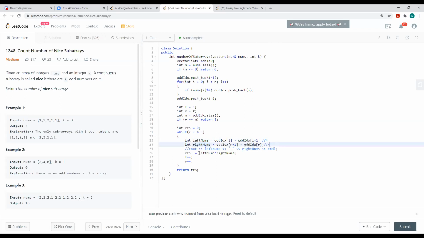Then I just multiply both of them, because I have a subarray over here and a subarray over here, so I can still form many subarrays out of that, right? I can take it like this. This one will be one subarray. If I do all these combinations, this will be a second subarray, and then I keep on increasing on the right side. That is the reason we are multiplying.